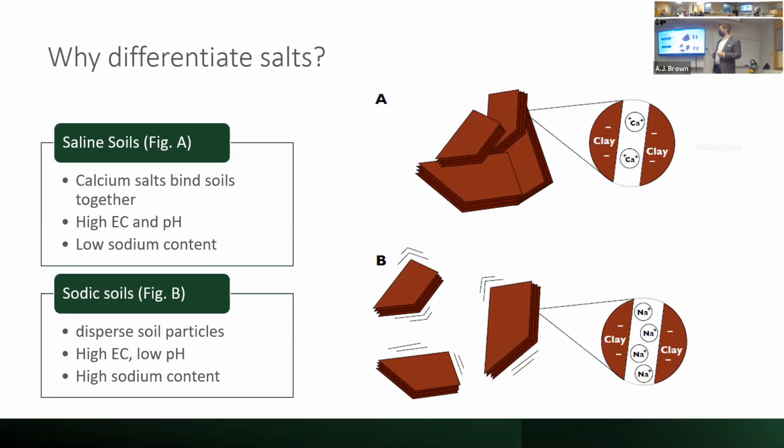We have a soil particle here in figure A that illustrates what calcium does to clay. So soils have a negative charge. And when calcium has a positive charge, specifically with two bonding sites, any soil particle that has a negative charge is going to want to latch onto it. And the calcium has an extra hand essentially to hold on to. So calcium salts, calcareous soils, and things of the like with two or more charge sites will bind soils together